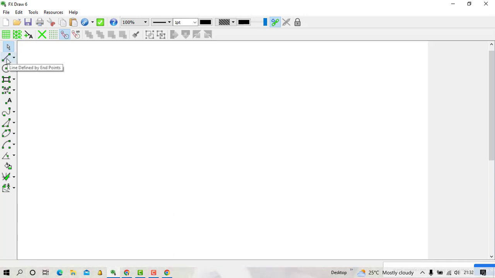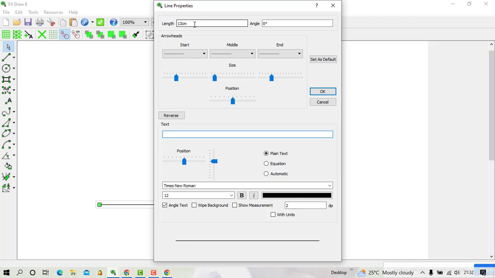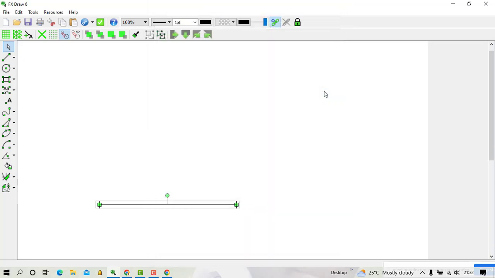I have said that you use the icon for the line, because the line is the foundation for this construction. So I can draw a baseline, and maybe that line was line AB, which was maybe 10 centimeter. So I'll click to make sure that it is 10. Then to make it horizontal, the angle must be 0. So in my case here it's already 0. Then I go to where we have the start. I can put the arrowheads there. Without arrows, I use these lines. Then I press OK. So this is my line, which I label later as my line A and B.